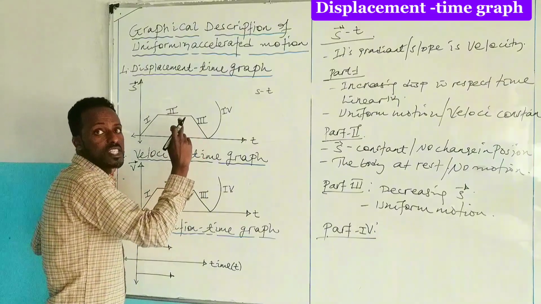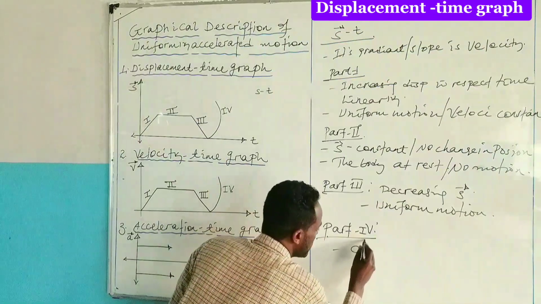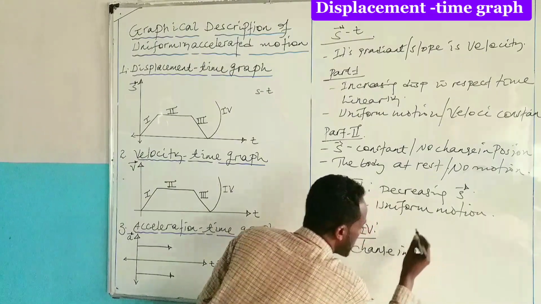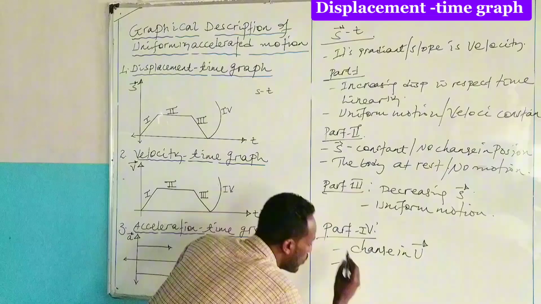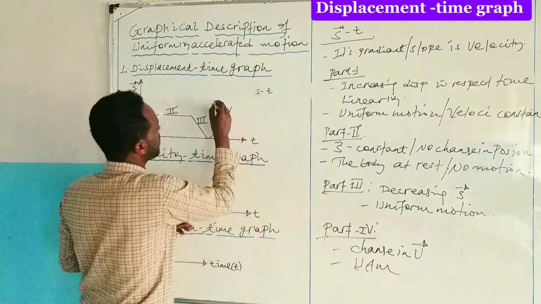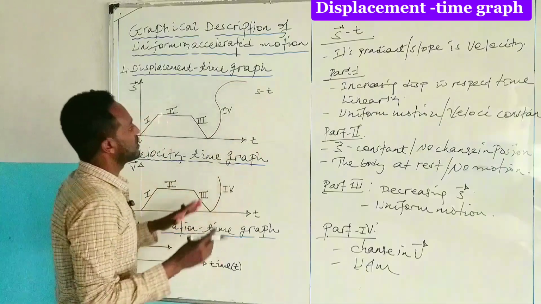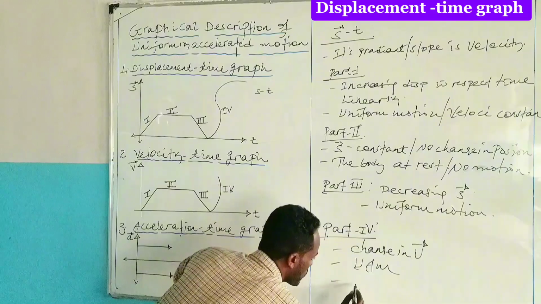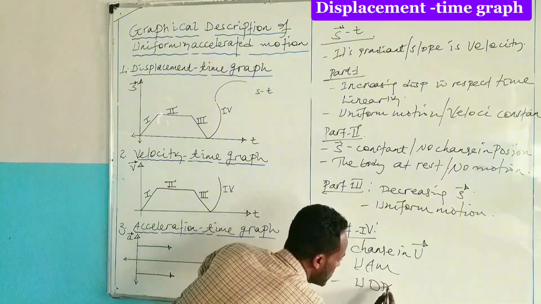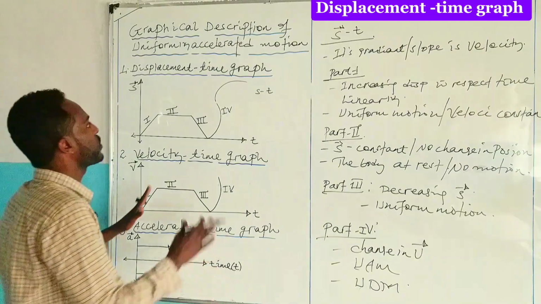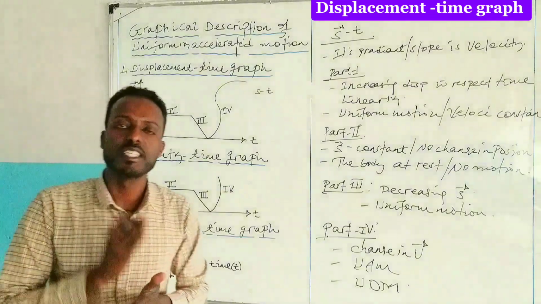Which means that there is change in what? Change in velocity. ስለዚህ there is change in velocity. If there is change in velocity, the motions of an object will be uniformly accelerated motion. ምናልባት ከዚህ በኋላ ወደ ታች downward አይነት ግራፍ ካለ ደግሞ the motions of the object is uniformly decelerated motion ብላችሁ በቀላሉ የሁለቱን ልዩነት ማየት ትችላላችሁ ማለት ነው። So this is all about displacement time